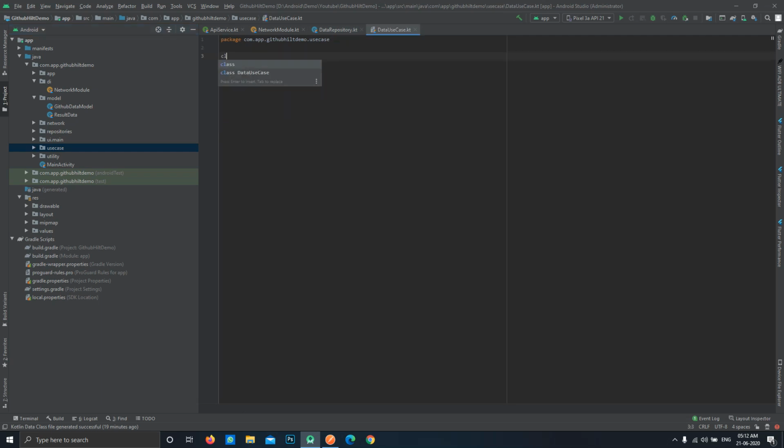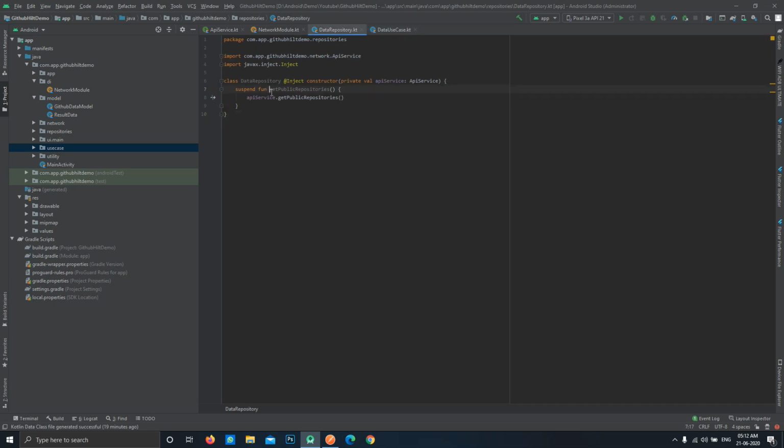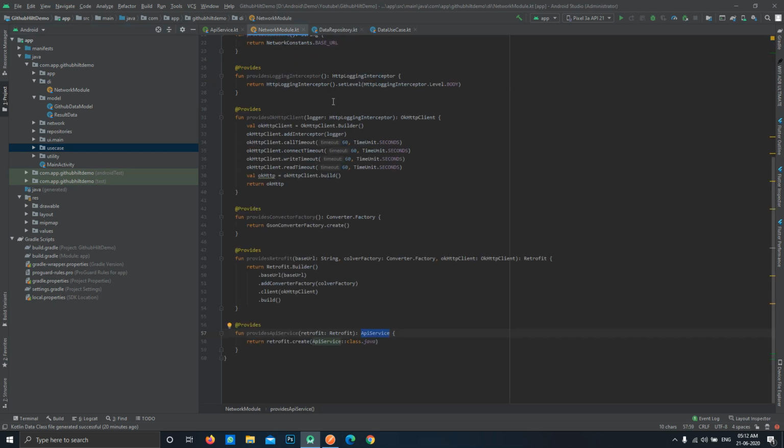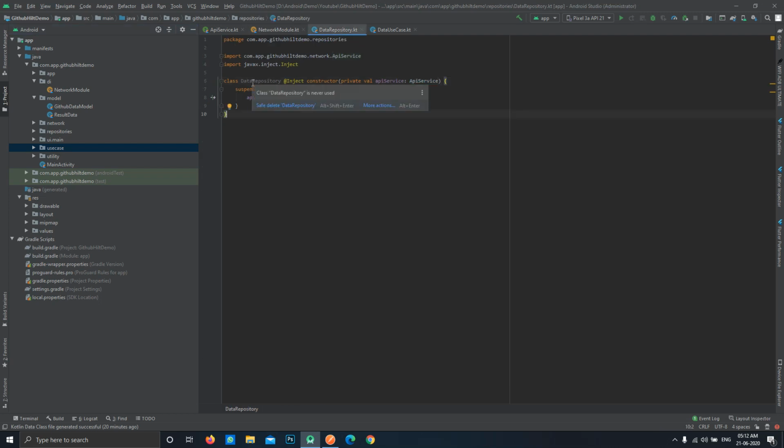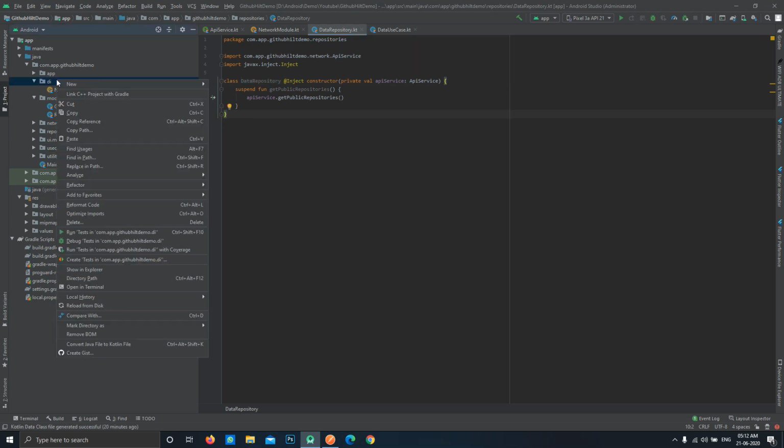So this will be a class, and what we need to do is call this function of our repository class from this data class. Obviously then we need the instance of our data repository class in the constructor of this class. You can see over here that in this also we have injected a dependency, and we know that this instance we have already defined over here, but we haven't defined anywhere where the data repository's instance is generated. So to do that we need to create another module.